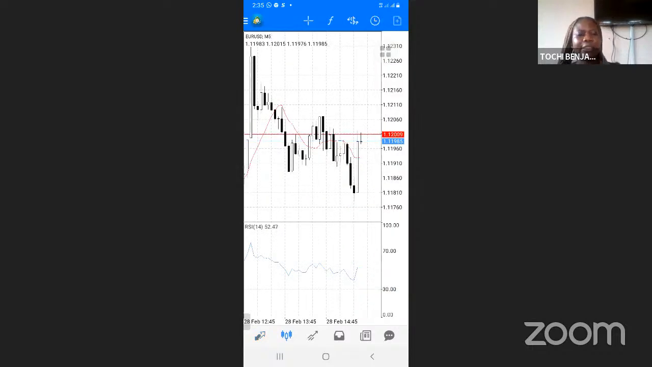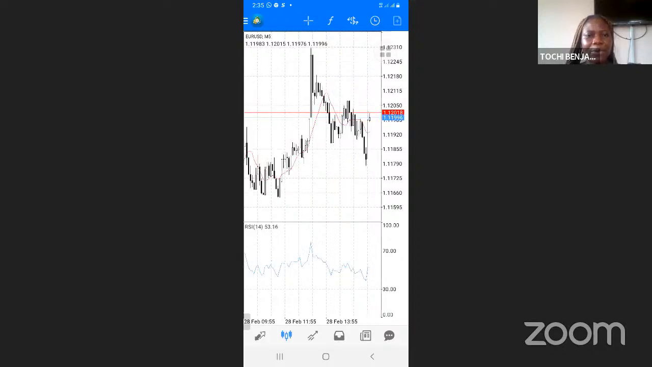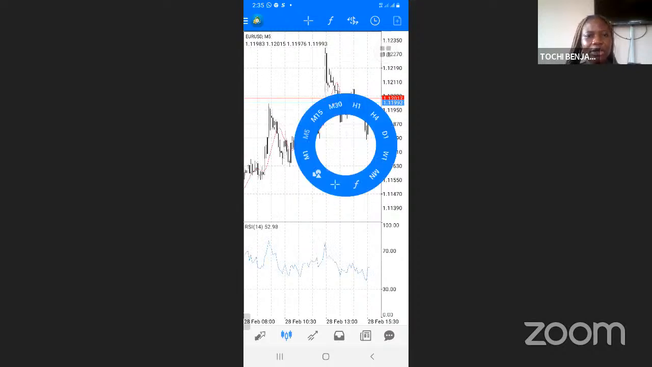Okay, so you can see this is the chart of Euro USD. Now this candle is bold. If you want to reduce the font, you use your hand and bring the chart together. Just tap on the screen of your chart. If you tap on the screen of your chart, you will see